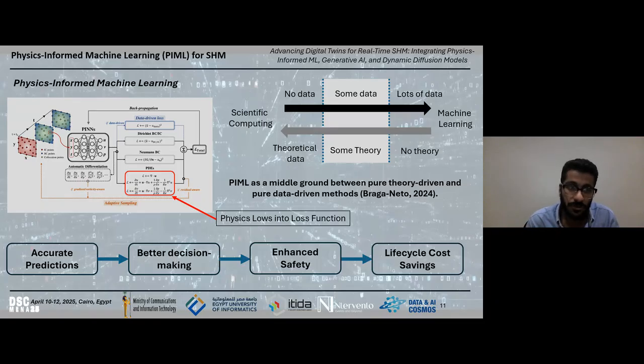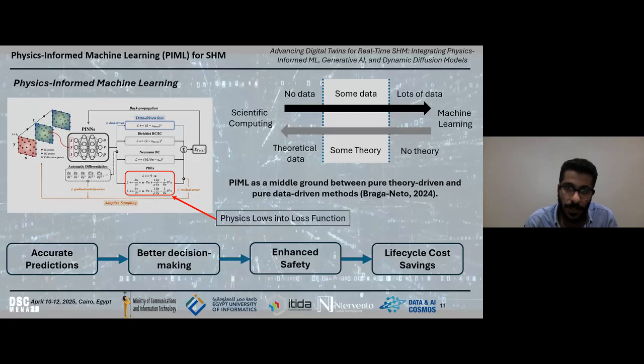Imagine you are training a neural network to predict beam deflection, for example. Traditional machine learning would require thousands of labeled data points. But what if you could embed the physics knowledge of solving a beam, using the partial differential equations or the equations for calculating the displacement based on the stiffness and the known load?